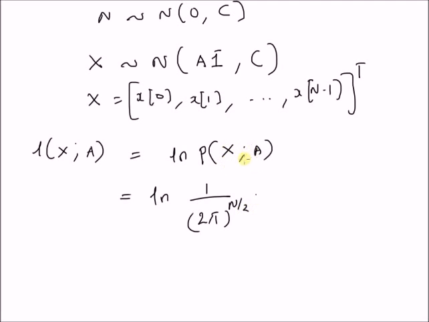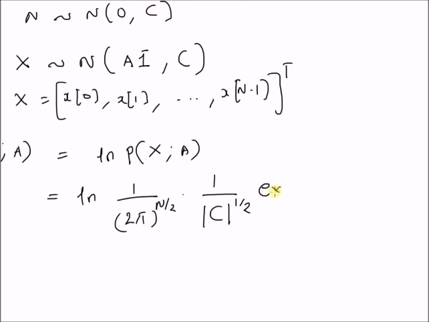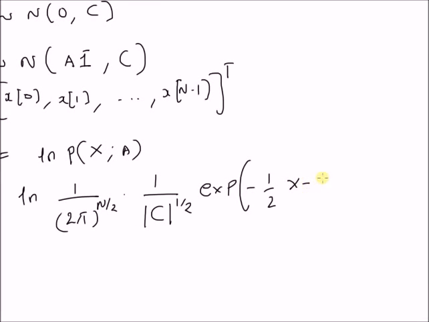That is the definition of the normal distribution for a vector x, that is, a multivariate normal distribution. That is one. Next, the term is 1 by the determinant of the covariance matrix C to the power 1 by 2. And next we have the exponential of minus 1 by 2 times x minus A times the vector 1,